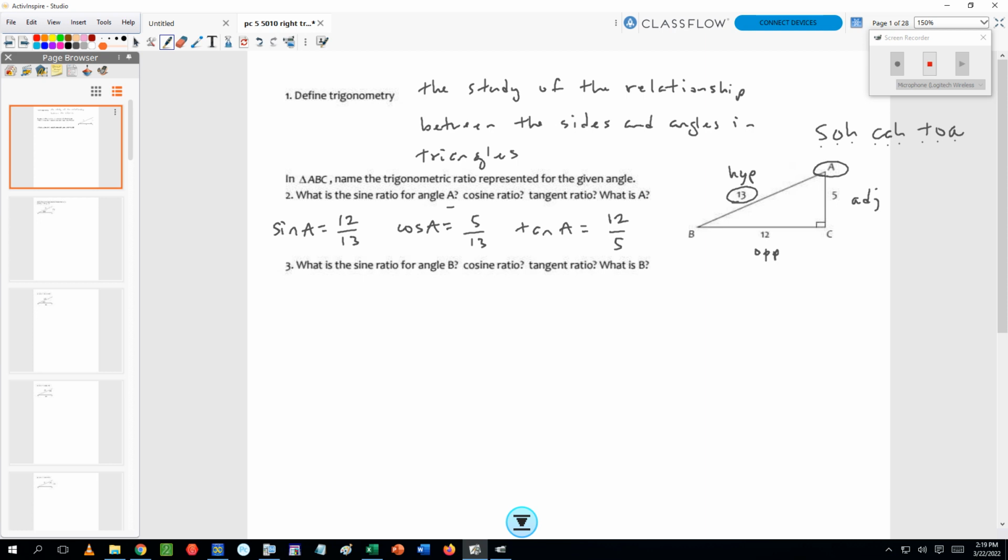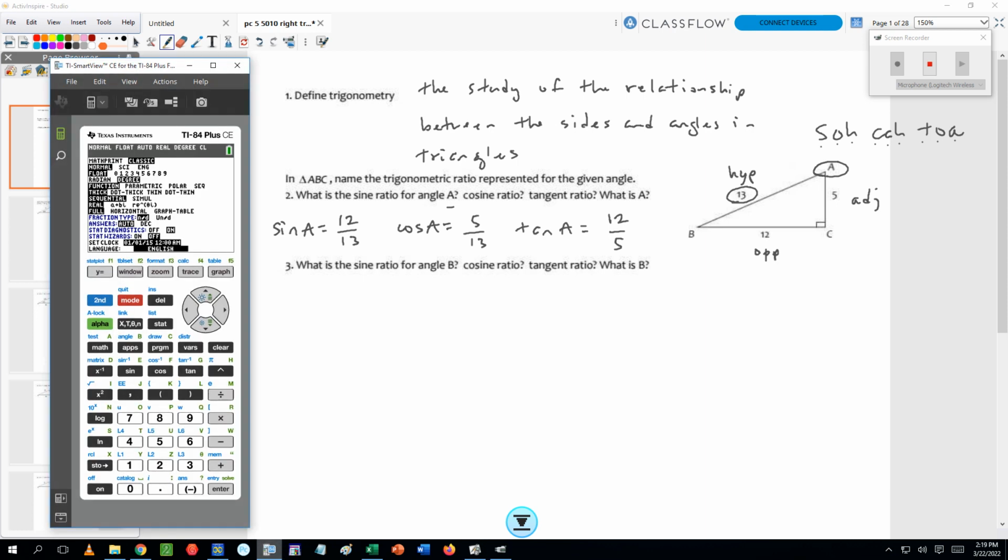What is angle A? Well, to find angle A, we'll use our calculator. Make sure you're in degree mode for these triangle problems. And if you want to find the angle, you do the inverse of the word on the ratio. What I mean by that is you'll do second sine